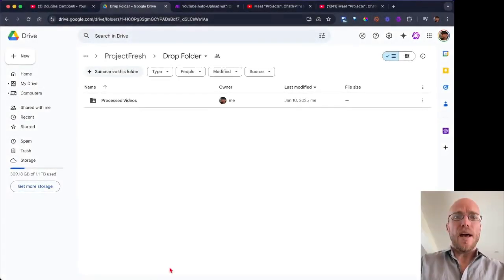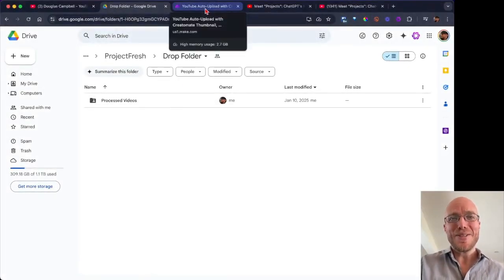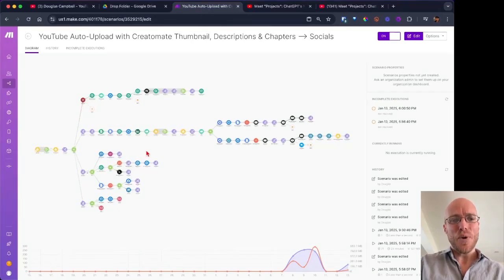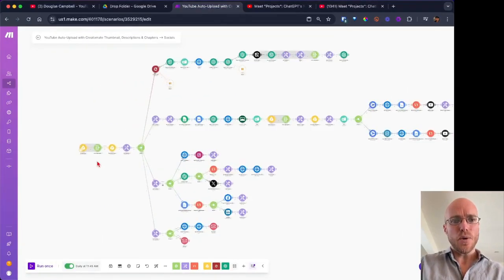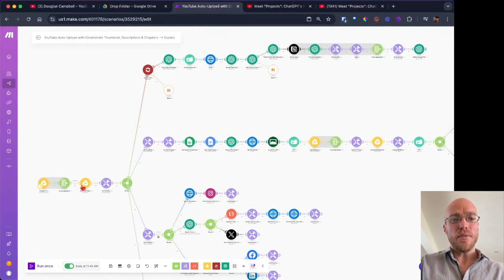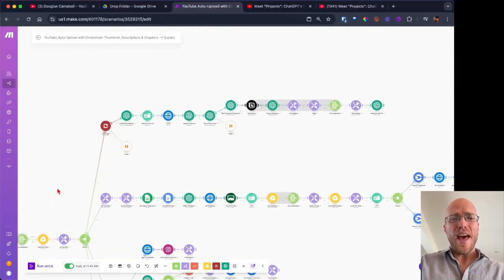And so how does it do that? Well, basically, once you've dropped it in there, we have this automation. I'm not going to get too technical, but I'm just going to show you how these work just because they're so amazing. This took us a while to build. But it takes your video right from Google Drive, and it actually is able to strip out